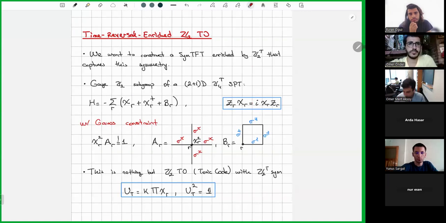Now the Hamiltonian consists of just X plus X dagger. X is not Hermitian anymore, so I need to add the Hermitian conjugate, times some plaquette operator. And the plaquette operator is exactly the plaquette operator of toric code. But now I have a global Gauss constraint, and I impose it. So the star operator is not something dynamical in the Hamiltonian, but instead it is imposed, where I impose that calligraphic X squared, times